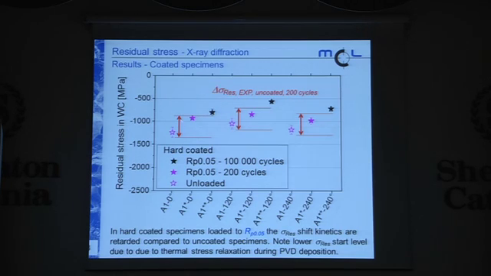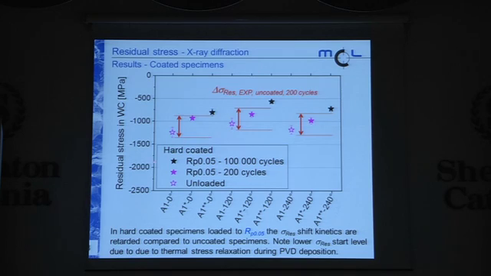The length of this bar here is a little below the one found for the uncoated specimens. But if we apply the same stress amplitude for 100,000 cycles, it's again at the same level or even a little bit above the level found for the uncoated specimens. We think that this is due to the retardation of plastic deformation, due to the purely ceramic coating, which is very